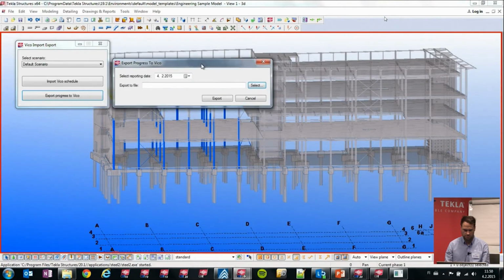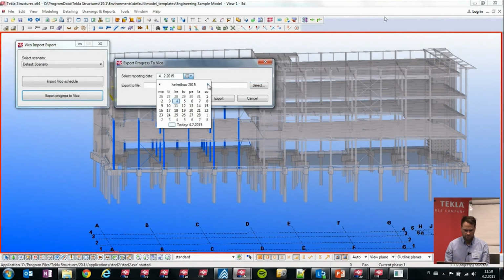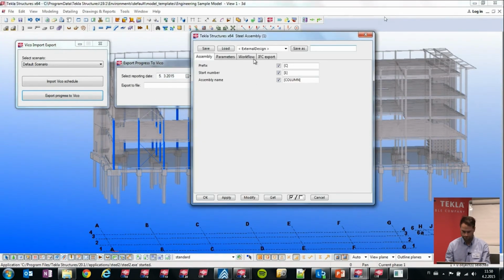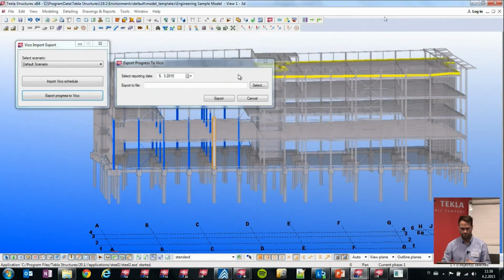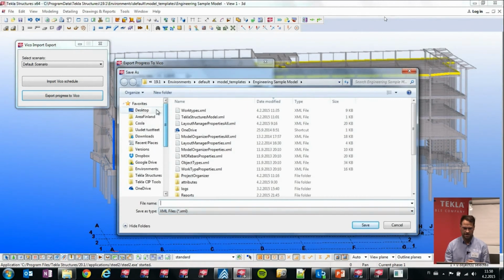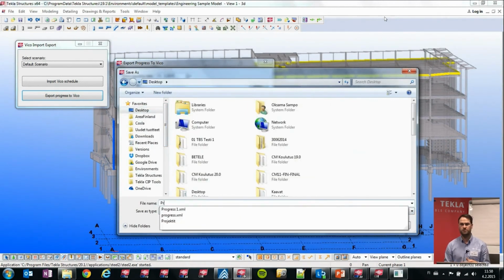And then just write the file, for example, progress. So we can do the detail level, daily level progress tracking in Tekla,